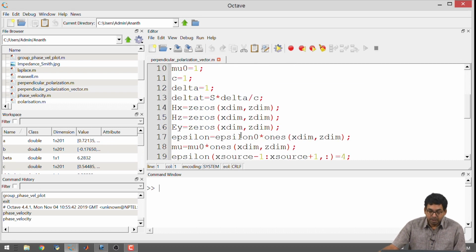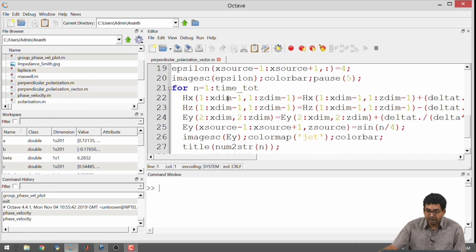I am going to keep most of the things consistent here, the same way as we had it before. I think towards the end, we had plugged in another material on the right side. So, we had talked about dielectric interface using this code for perpendicular polarization. What I am doing is I am just getting rid of that particular interface.